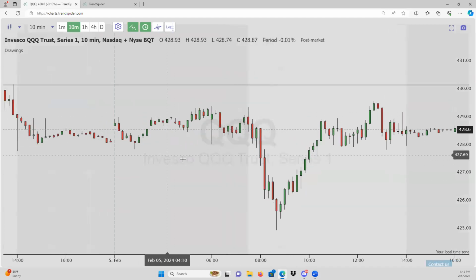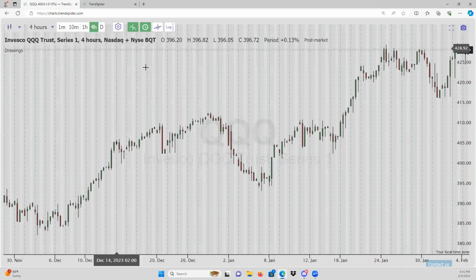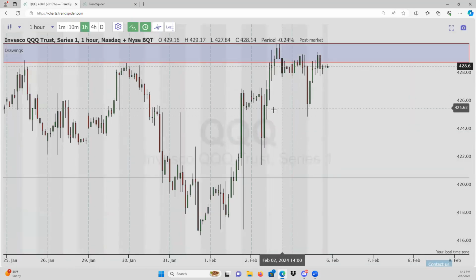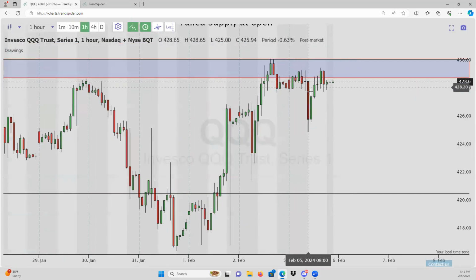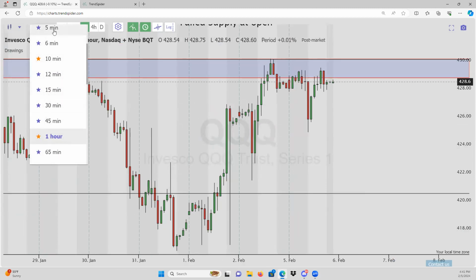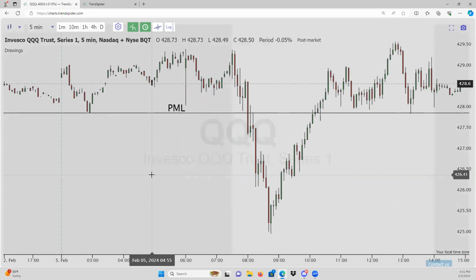So we have selling pressure. QQQ has selling pressure. We're opening up again into that big supply area, 428 to 430, selling into supply, just a very, very weak open. Everything is weak, weak, weak. Cannot hold. We're starting to sell. Great, so now we know the macro trend. We know that it is a very, very selly open.